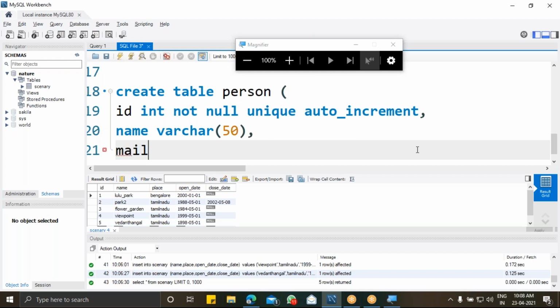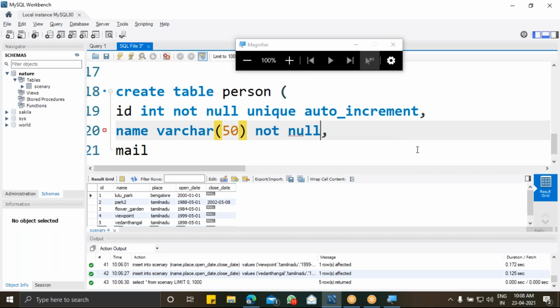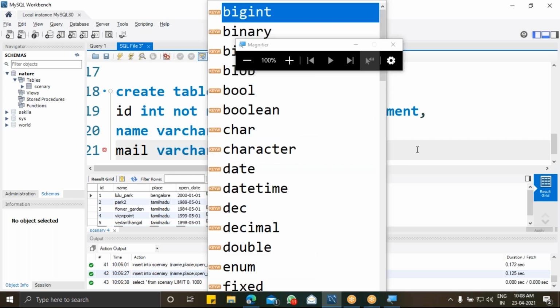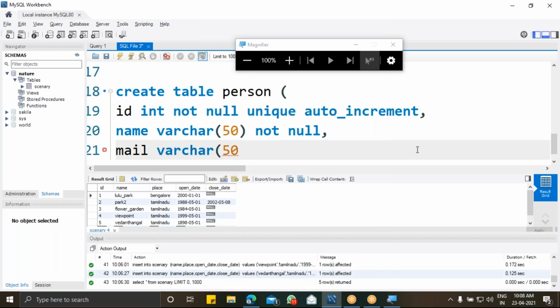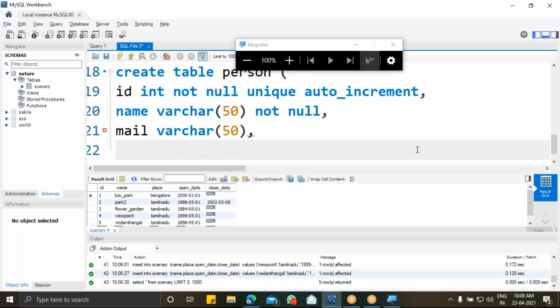I'm also giving the name as not null, so it is going to be a not null constraint. And mail, varchar of 50, and I'm giving it as it may be null.